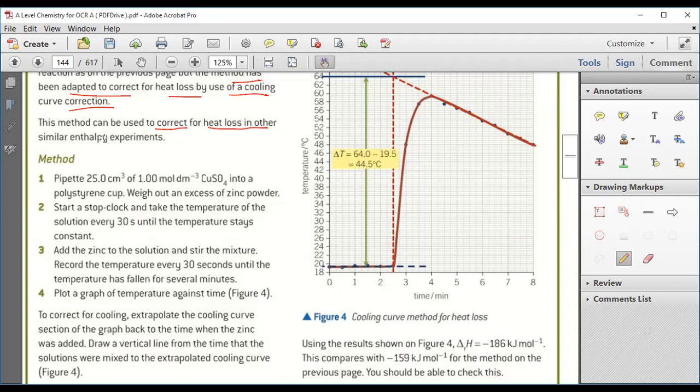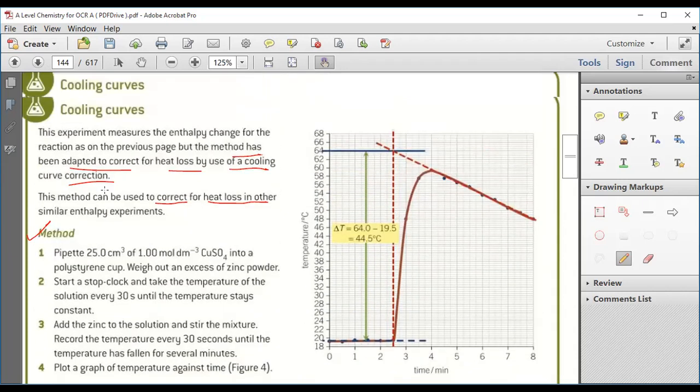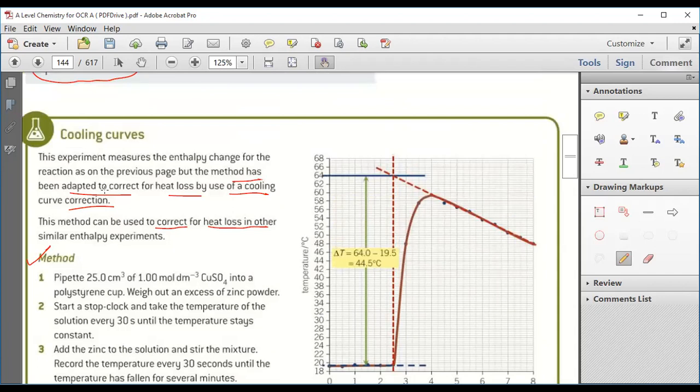Clear? I had a question for this graph. When we drew the graph, they said to extend the red dotted line. This one is the extended one, yes, and this is also the extended one, the straight line. I don't understand the reason for extending it.